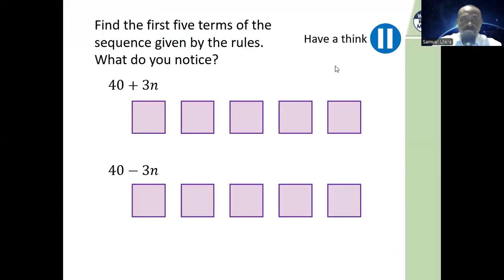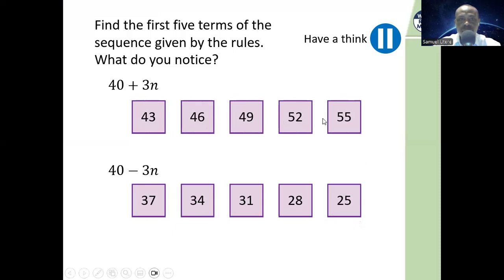Okay, so here is something for you to think about. Here, I want you to find the first 5 terms of the sequence given by these rules. What do you notice? What do you notice? Okay, I'm going to assume you've paused, you've worked through it, and